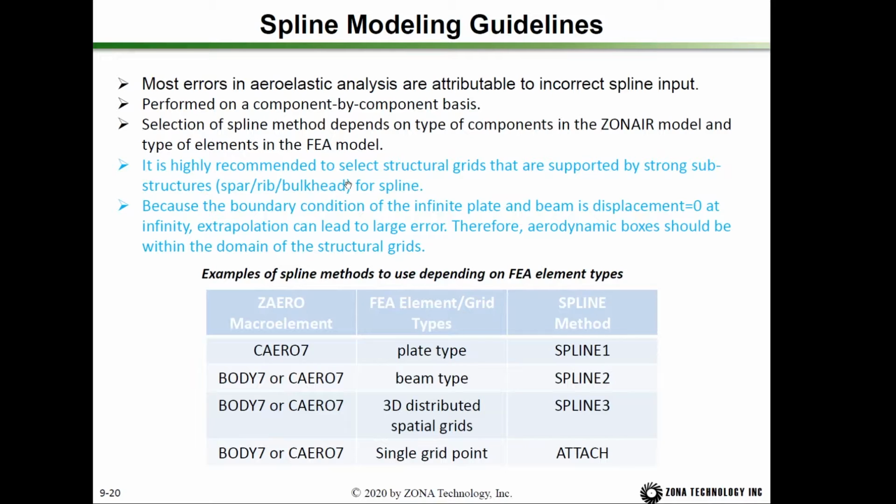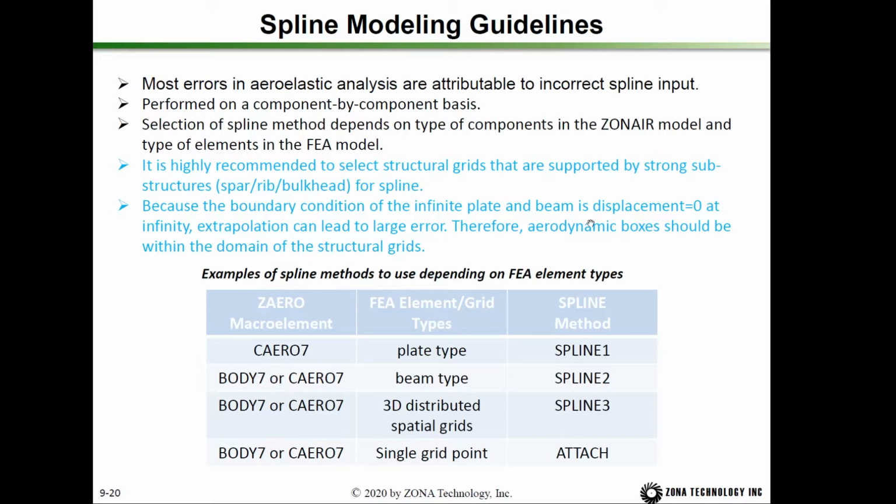So it's highly recommended to select the structural grid points that are supported by a strong substructure, like a spar, rib, and bulkhead underneath, for spline. Okay, so you never want to select a structural grid which has no substructure underneath, because the boundary condition of infinite plane spline,